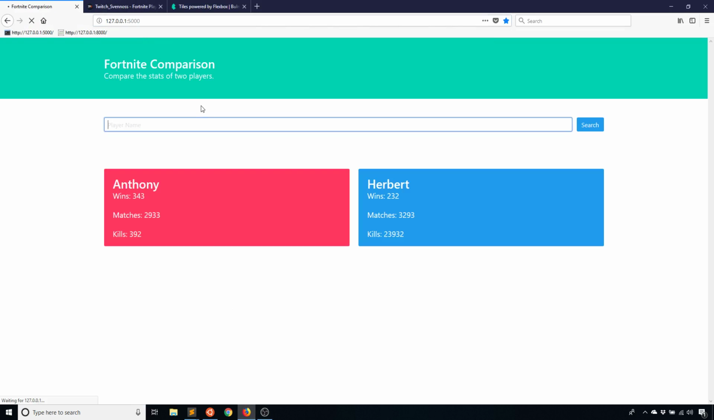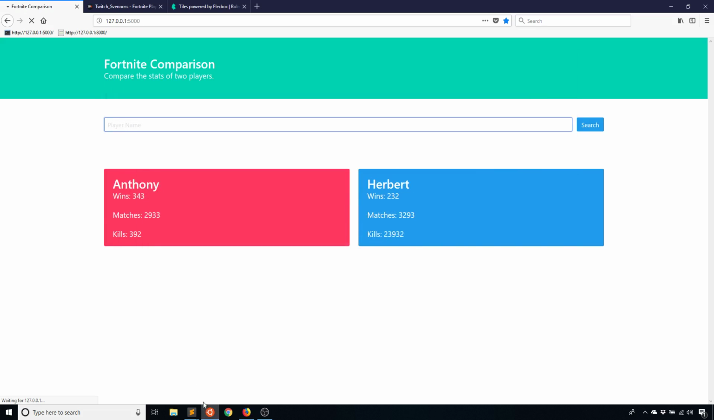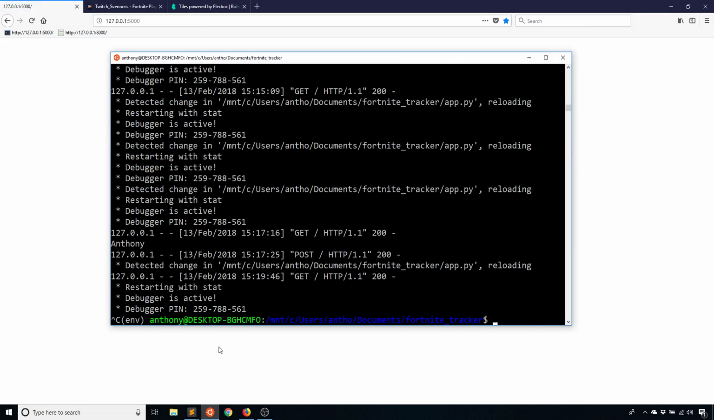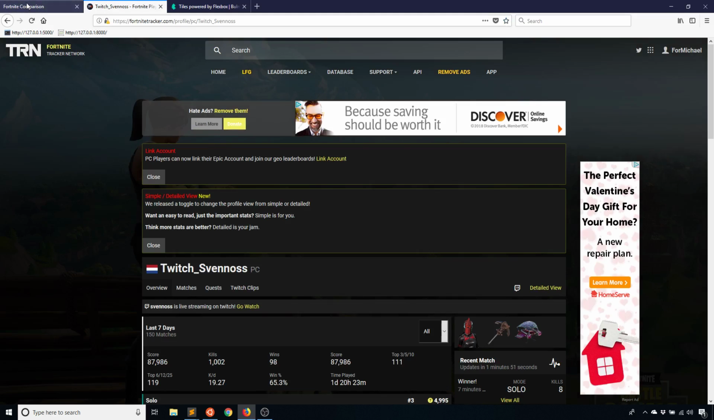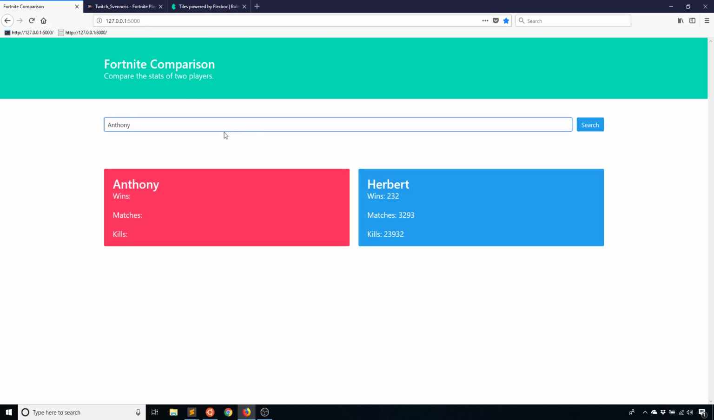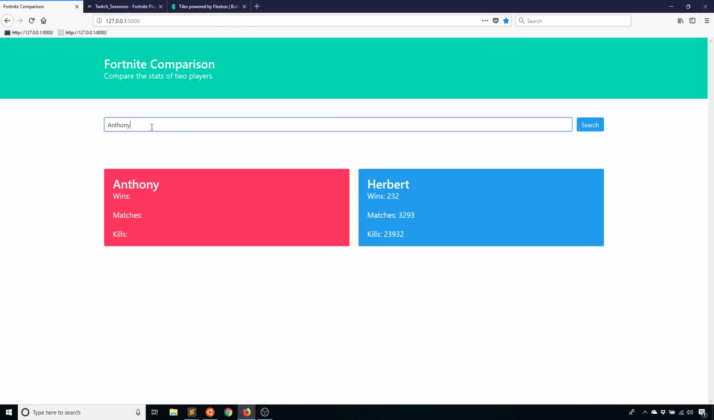So once again, my server is pretty slow for some reason. I don't know why. It's just my computer right now. But once it reloads, let me just close it out and then restart. So once the page loads, I'm going to search for a user. I'll just use the same user. So let me copy his name. And I expect to see his stats. So if I hit search,